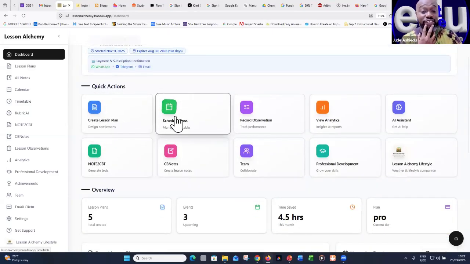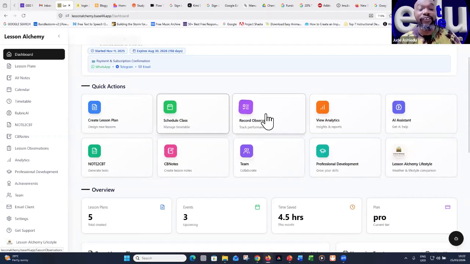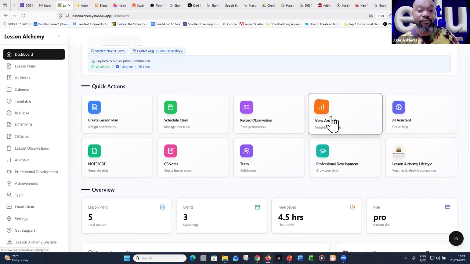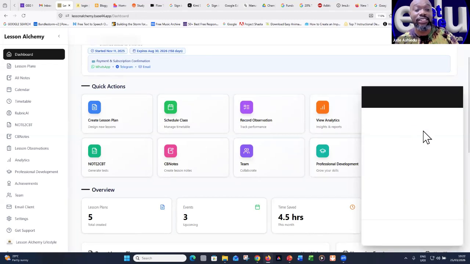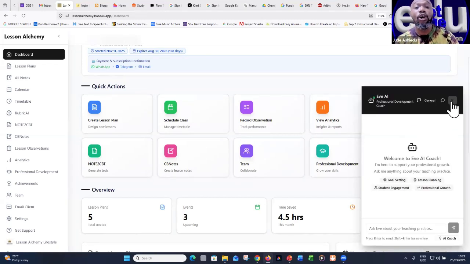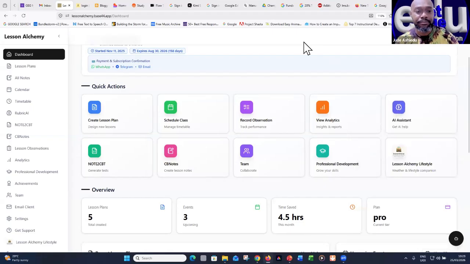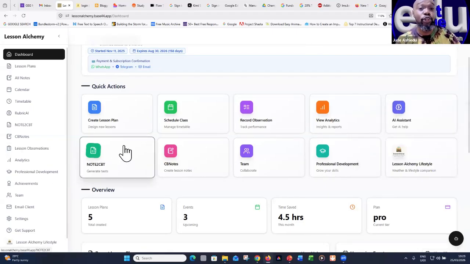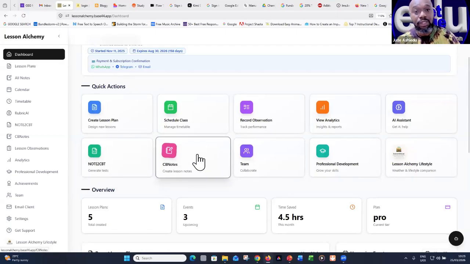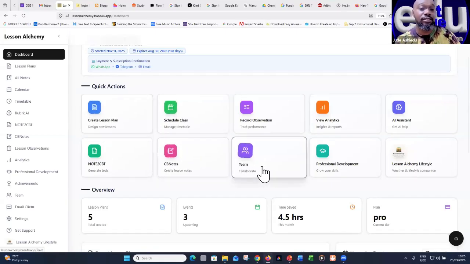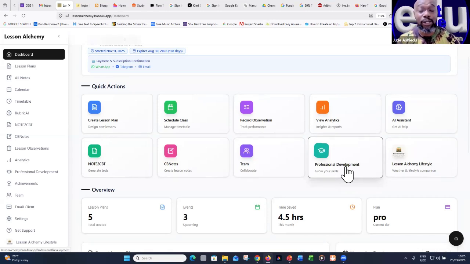You can create lesson plans, you can schedule your class, and also create a school calendar. Classroom observation. You can view analytics. There's a chatbot that you can interact with as a teacher to develop your lesson plan or set goals for your lesson plan. You can turn your lesson notes into CBT questions for your students. You can create a CB note, a computer-based note, that's lesson notes, quickly without using the lesson plan feature. You can create a team where teachers develop lesson plans together or collaborate. Then you can decide to have an AI coach that will help you through your